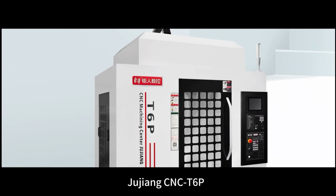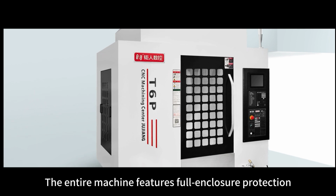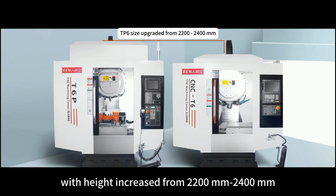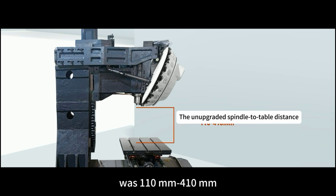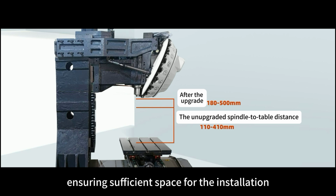Jutuocnc CNC T6P. The entire machine features full enclosure protection. Equipment size has been upgraded, with height increased from 2200 mm to 2400 mm. Before the upgrade, the distance from the spindle end to the work table was 110 mm to 410 mm. After the upgrade, this distance has been increased to 180 mm to 500 mm, ensuring sufficient space for the installation